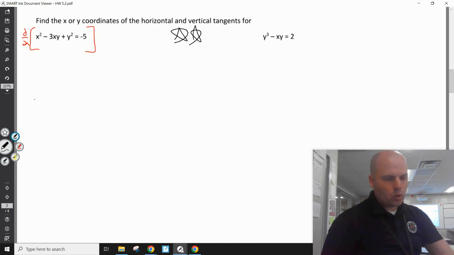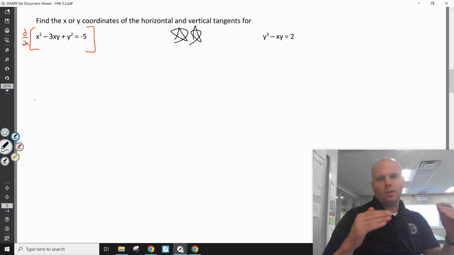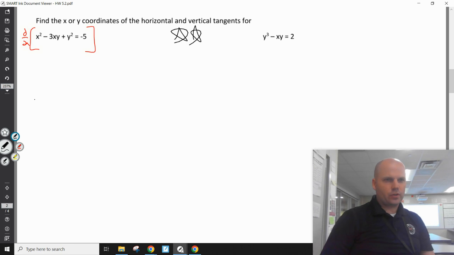These are the more important ones. These are the ones that we see on the free response section of the AP exam, where you got a little bit more going on. It's not as easy to find the horizontal and vertical tangents. Let me see why. Now, first things first, you got to be able to take this derivative correctly. And a lot of you aren't because you're going to forget, because it's been Thanksgiving break,